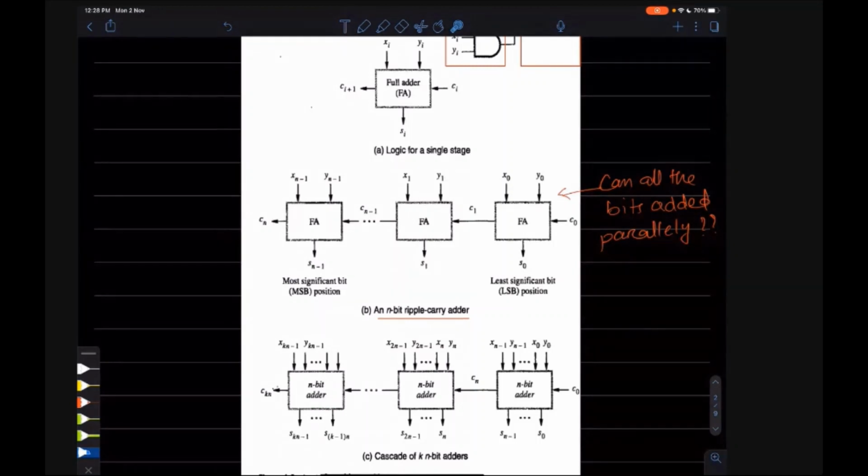We cannot get it. Yes, that's the right answer, because to get the sum here we have to generate this carry. To get S(n-1) you have to generate the C(n-1) carry, because S(n-1) is an XOR of this and this, according to our equation. So to get S1 we have to generate C1 first. To get C1 this addition has to be performed. So this box depends upon this box, and the last box obviously depends upon all the other boxes previous to that. So this is not possible.